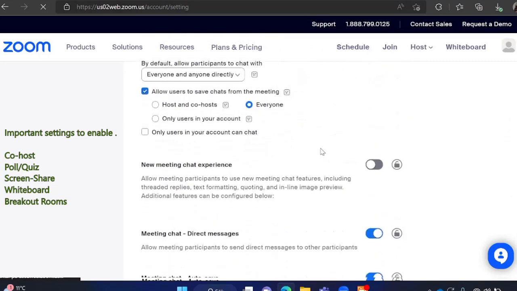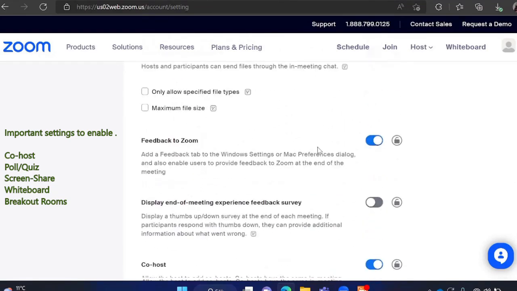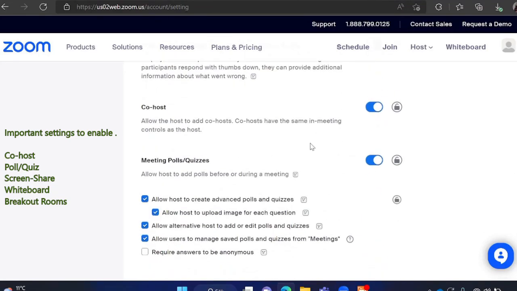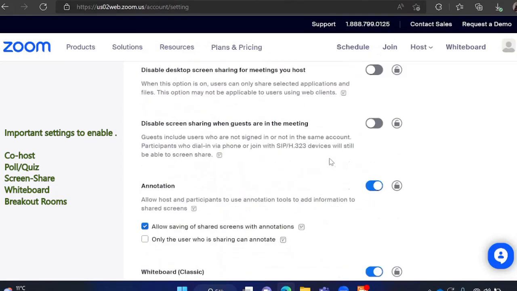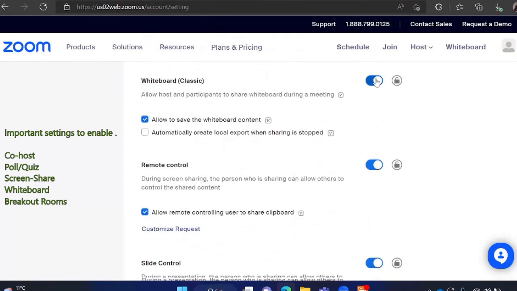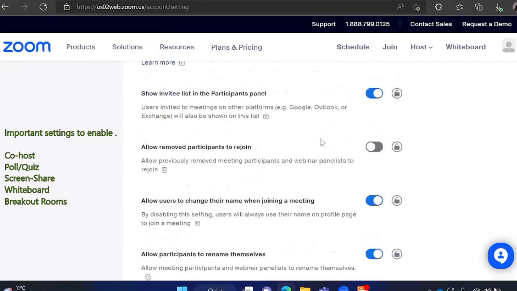So the most needed options in Zoom are the meeting polls and meeting quizzes options, where you can create polls and quizzes. This should be clicked enabled. Also, the whiteboards need to be enabled for you to use them, and the breakout rooms, which is one of the best